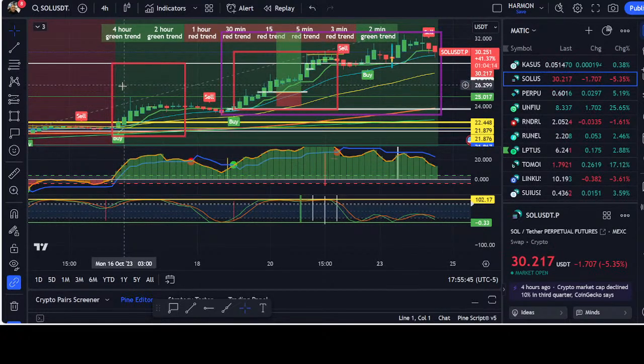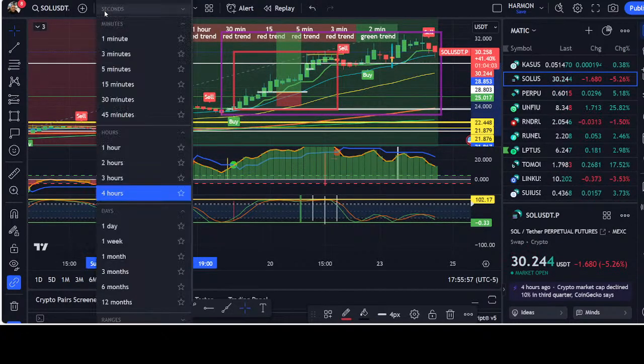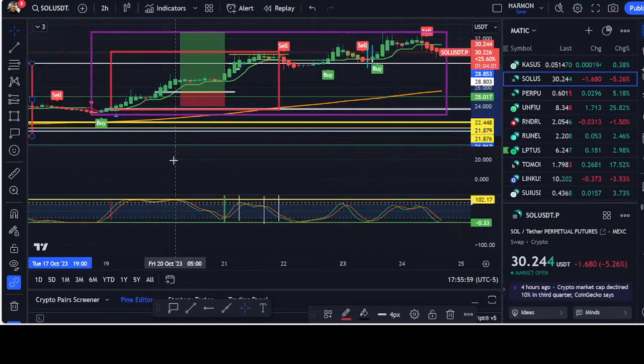A trend. See the trend? 4 hour trend, right? Boom. Simple, right? There we go. Now we have a trade in here. Now I'm going to show you a little bit on what we were talking about earlier, because what I want to do here is slide the 2 hour. Okay. Now,